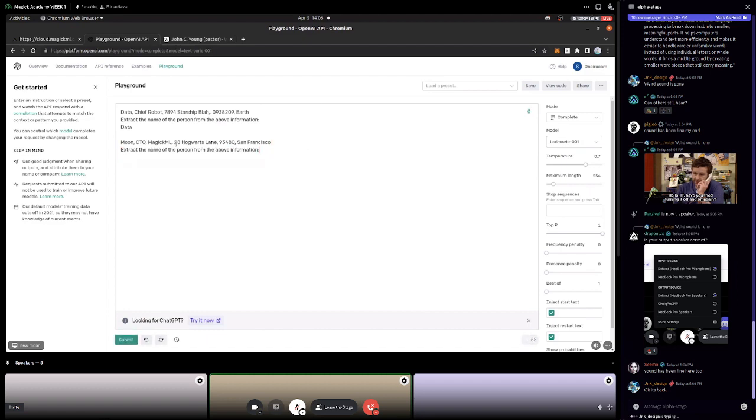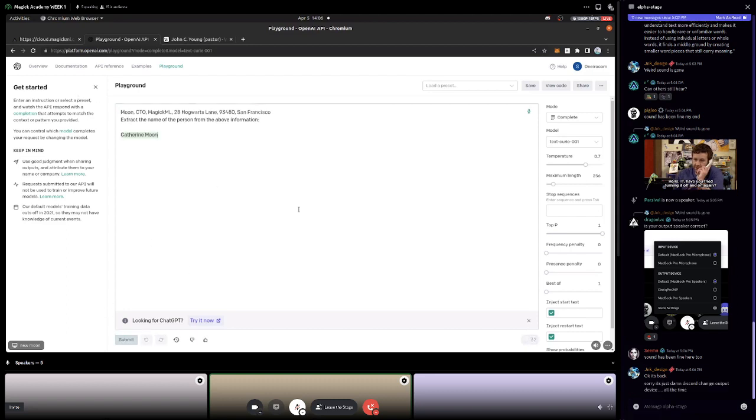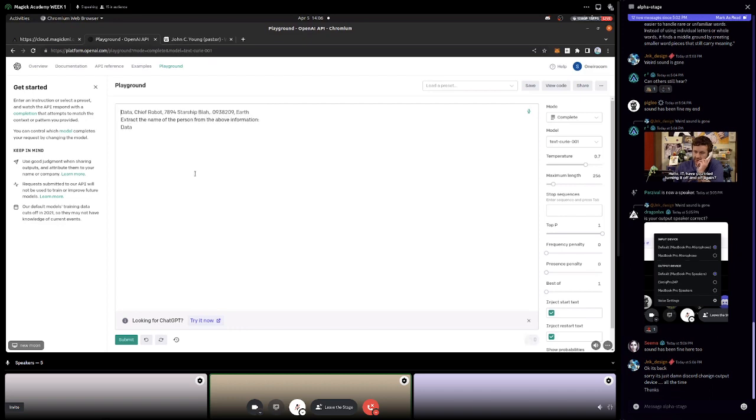Now, if I had not had the shot there, it might be smart enough. It's a pretty smart model. But you can see, Catherine Moon, who's that? So this way of setting up the multi-shot is critical for having the model meta-learn the task that you want, especially when the task is not super straightforward. It's not just, give me a list of cool names.